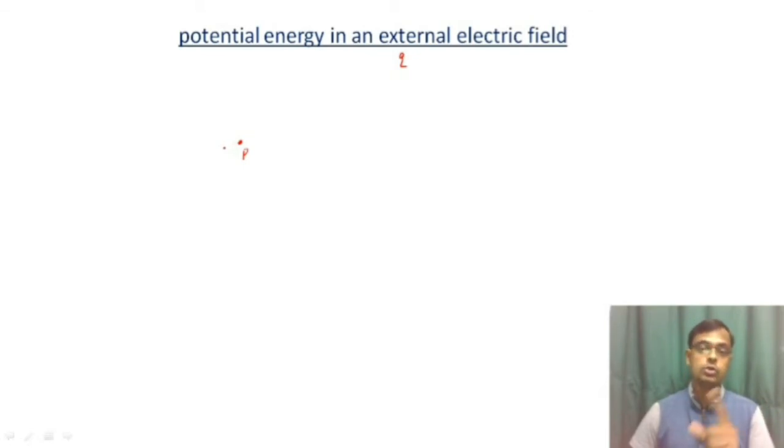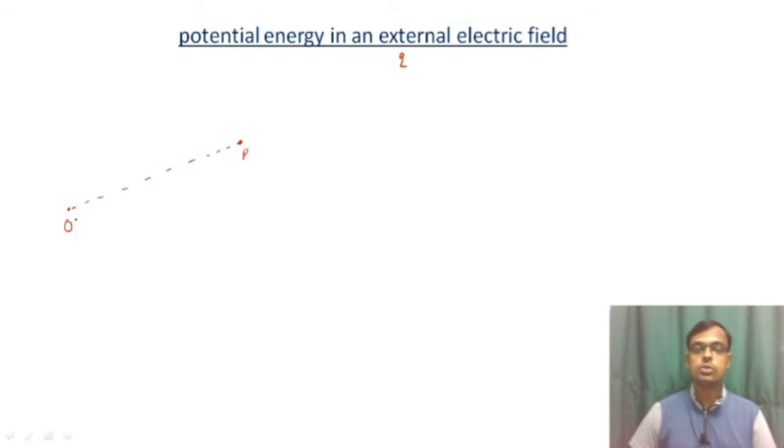That means if you want to bring this charge Q from infinity, we should do work. Why should we do work here? Because there is already a potential present, or there is already an electric field present. This position is now in an external electric field. Say this is the point we take as origin. Maybe somewhere there the source of this electric field will be. So we are taking a common origin here.